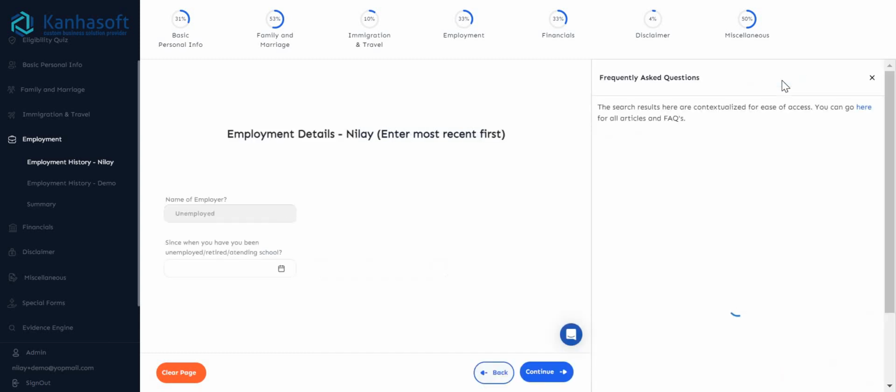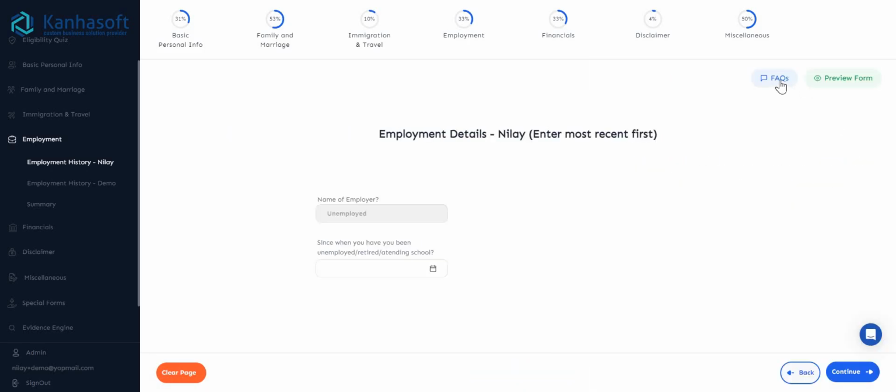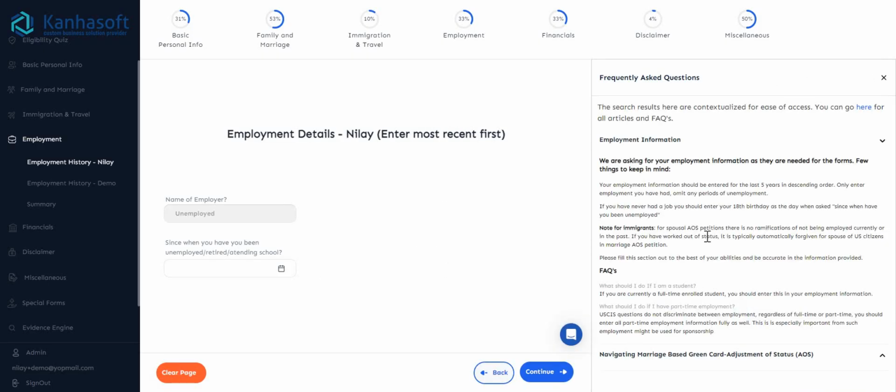So for example, if the user has a doubt related to a particular field or form on whichever page the user is currently on, and he clicks on this FAQ button from that page, the frequently asked questions related to that particular form will be shown to the user, so he can take the help of this and resolve his query